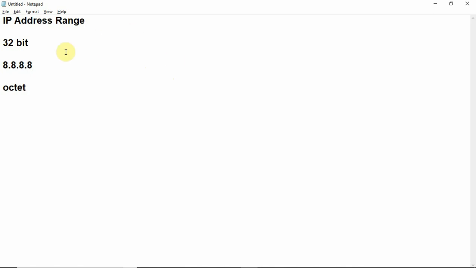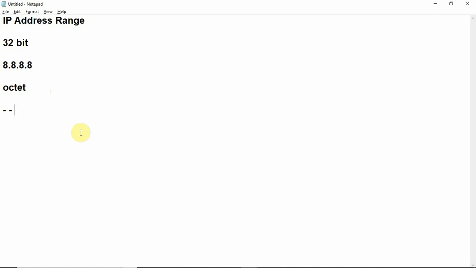Now we are not going to study all these 4 octets. First we are going to study the first octet. Whatever the property of one octet is, the same properties will apply to all the other octets. Let me give one example. Suppose you want to purchase 4 marker pens of the same variety. So first, instead of purchasing 4 marker pens, we are just going to purchase 1 marker pen. Whatever is the property of that marker pen, the same will be the properties of the 3 other marker pens.